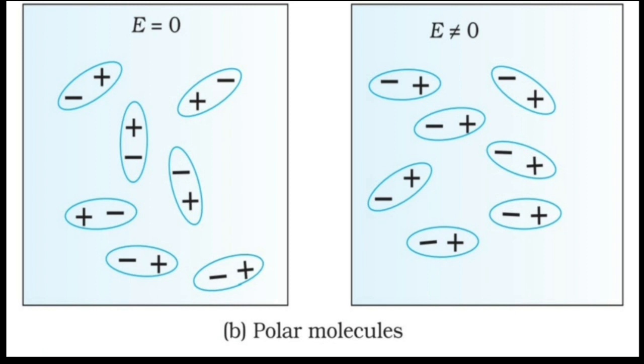Okay. But what happens when such a dielectric is kept in the presence of an external field? You can see from the figure, each molecule tries to get aligned in the direction of the electric field. Here the direction of the electric field is from left to right. So in that direction, these individual dipoles are trying to get aligned. So these dipoles are getting aligned in one particular direction. So now the net dipole moment cannot be 0. So there arises a net dipole moment, and here also we say that the dielectric is polarized.